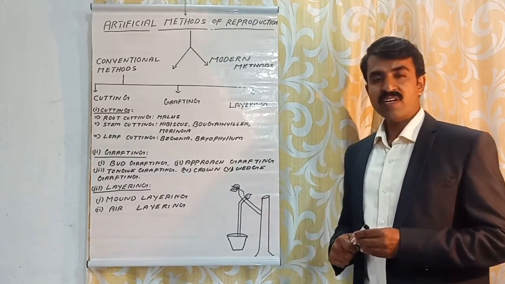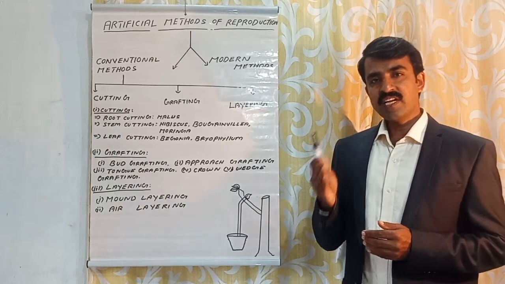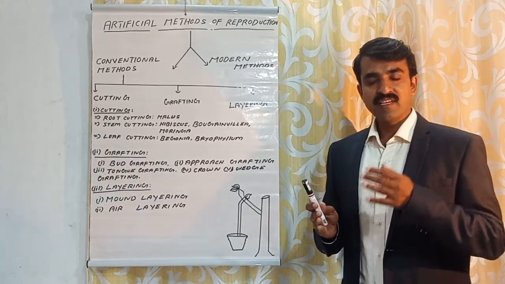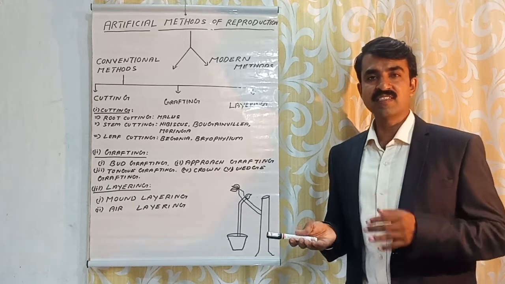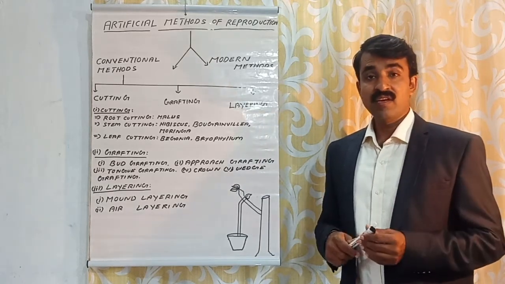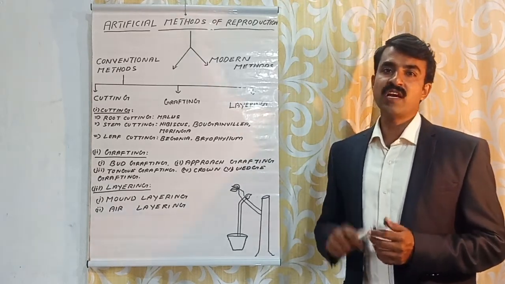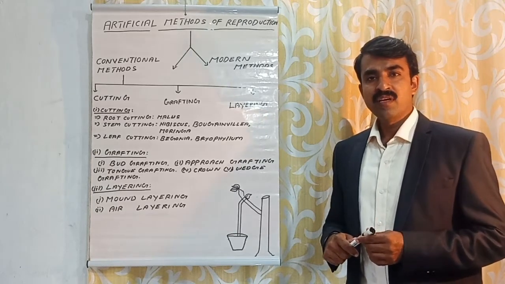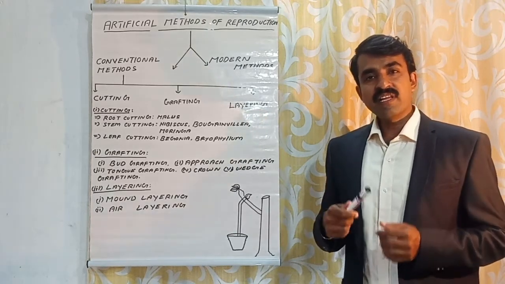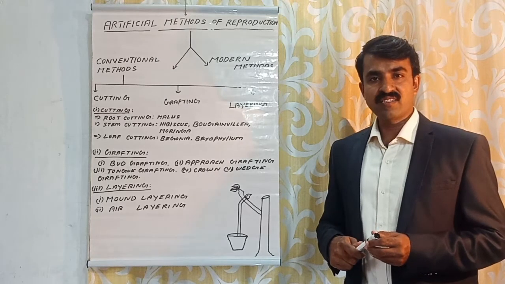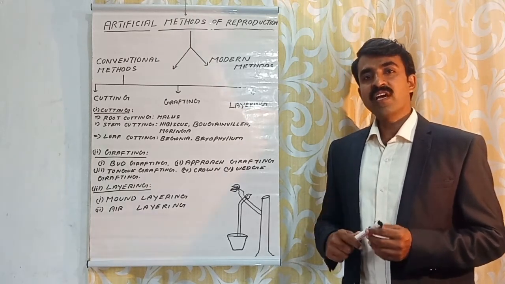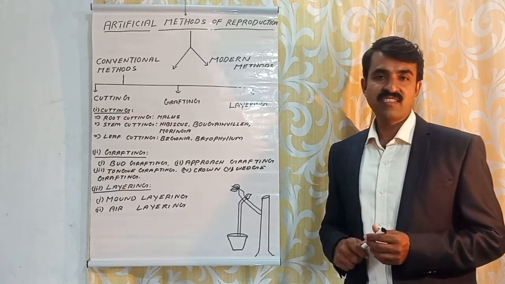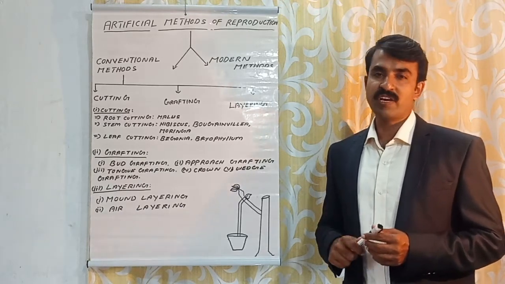Vegetative reproduction was discussed, and vegetative reproduction has two methods, that is natural method and artificial method. We have already discussed the natural methods. Let us see the artificial propagation. Various methods are employed in agriculture and horticulture to produce a new plant. This is termed as the artificial propagation.